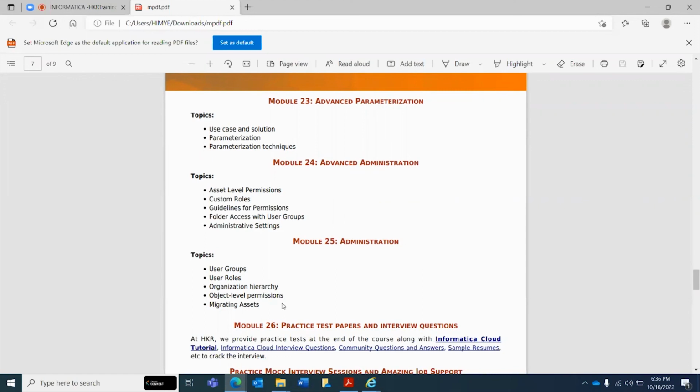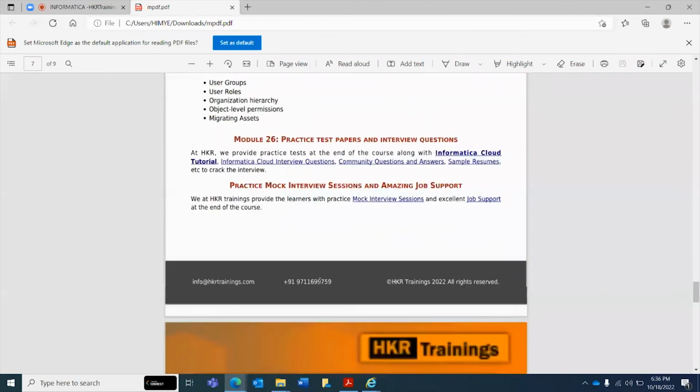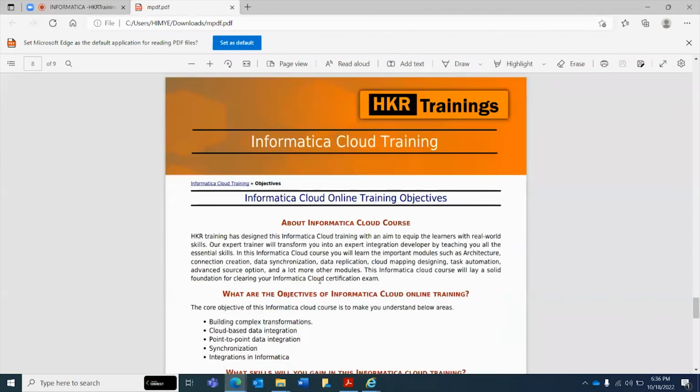See, here we are maintaining a project, and folders inside that. In those folders we will have assets. What are all the assets? Mapping, configuration tasks, as I said, task flow, all those are the assets. So how to create objects, projects and project folders, those can be covered in this module. So these are all the modules we have.